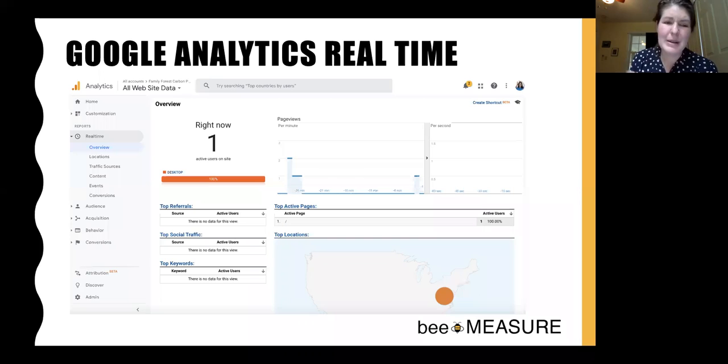Typically, because I live in Charlottesville and I work with a lot of clients in New York and DC, I normally come here and go to the location section and find the user in Charlottesville. There's usually only one, it's me. Then I'm able to click on myself, right here, and see specifically how I navigate the site. That little workaround won't work if you live in DC and there are lots of other users in your location.